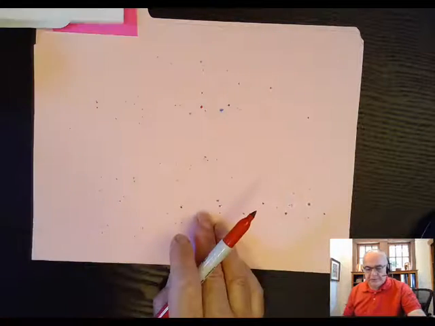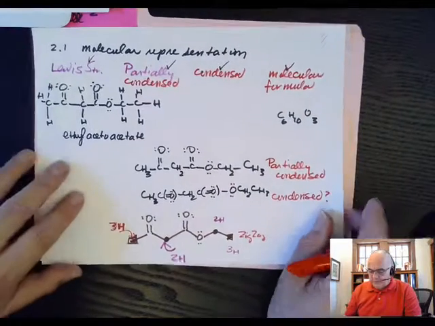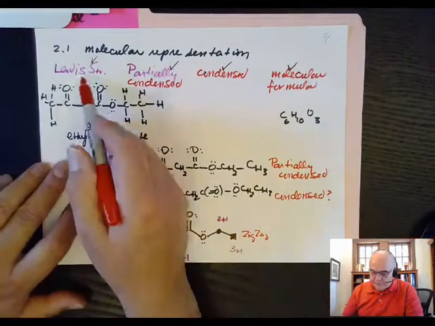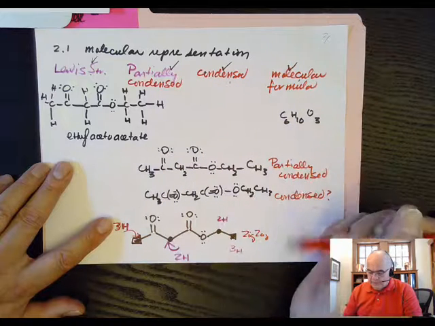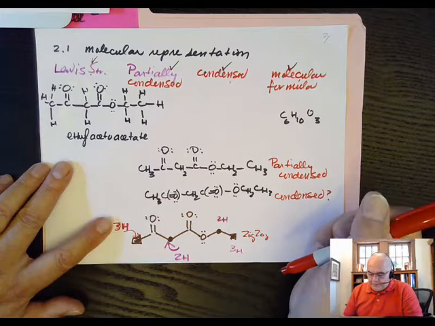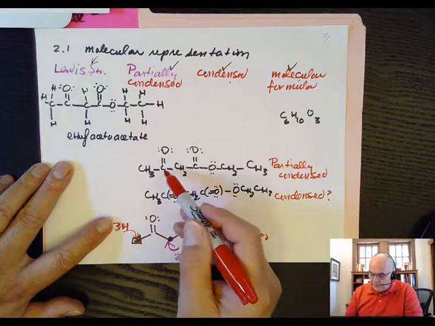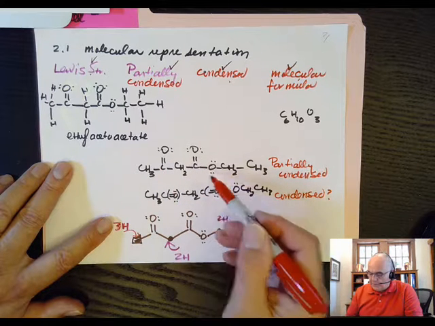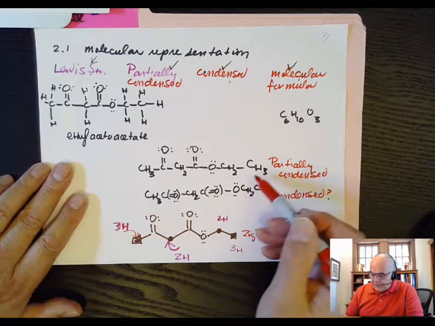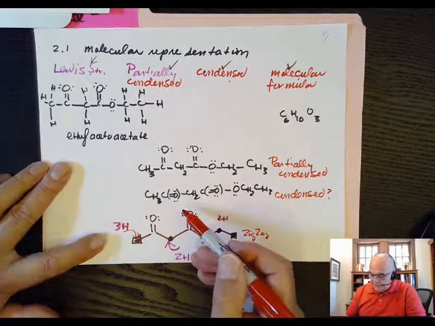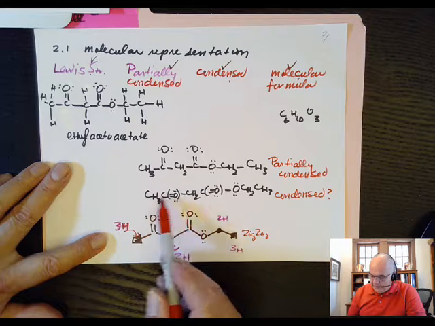Let's go to page number 2. On page number 2, Dr. Kalani is asking us about different things in practicing Lewis structures, partially condensed structures, and molecular formulas. If I look at my ethyl acetoacetate, we have a methyl group, C double bond O, CH2, C double bond O, O, CH2, CH3. If I want to make a zigzag structure, I count the number of carbons: 1, 2, this is not part of this carbon, 1, 2, 3,